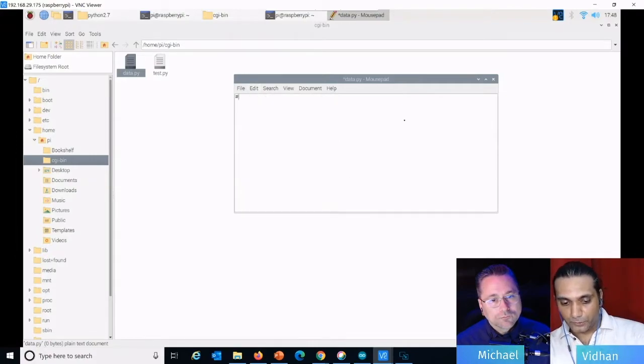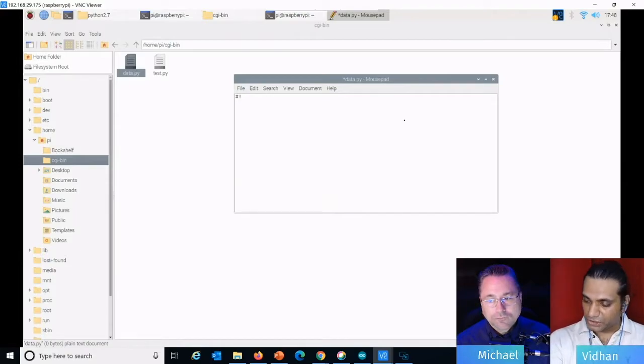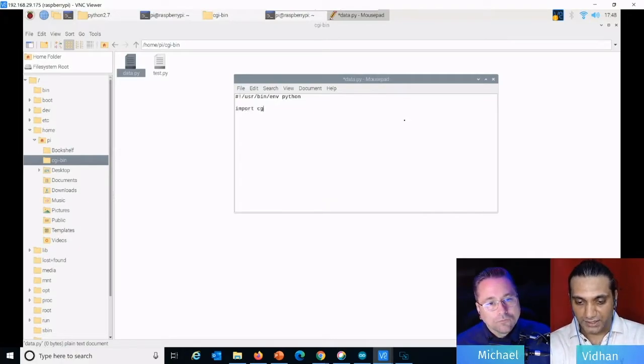So first thing that you would want to do is you would want to introduce a shebang line, USR. The shebang line. Okay, I don't remember the code line structure, so I've just jotted it down somewhere. What this line does is it tells your operating system that the environment that we are working with is what we call Python environment. And we're going to import CGI, and we are simply going to call this